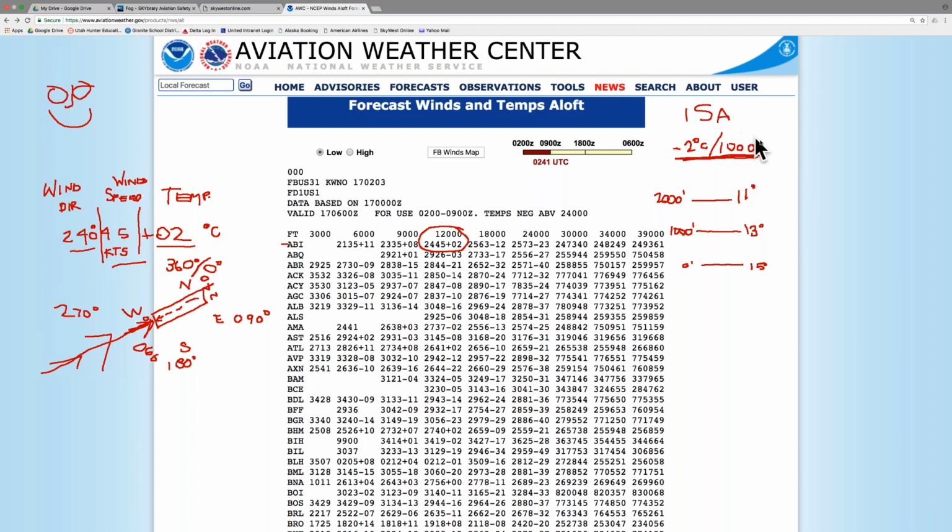So for every 1,000 feet, this is our standard lapse rate. As the airplane's climbing from 0 to 1,000 feet, he should expect to see temperatures of 13 degrees. Does that mean that that's what it always is? Heck no. Rarely do we see temperatures that are standard